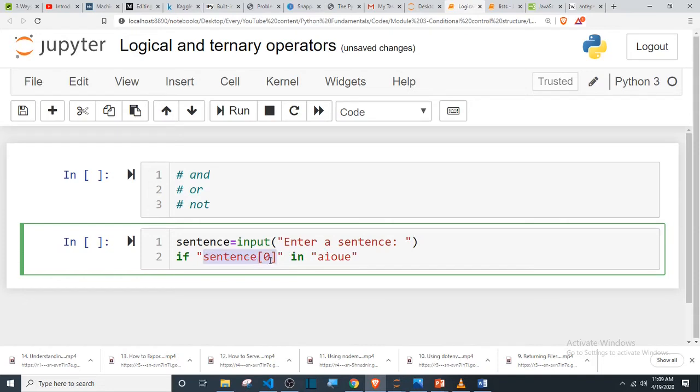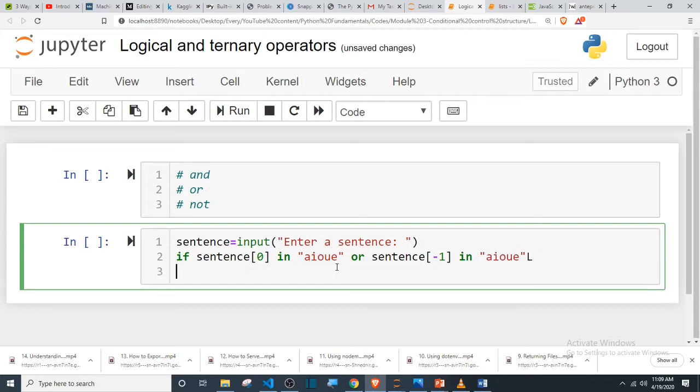Usually we call it a membership operator, but all it's doing is searching through this string or this collection to see if this condition is satisfied. So we are saying if sentence is in this, or the last item. So how are we going to get the last item? Hoping you went through the previous module on strings, for us to extract the last item, we can use -1. So if the first item is in this, or if the last item is also in this, then we should go ahead and print